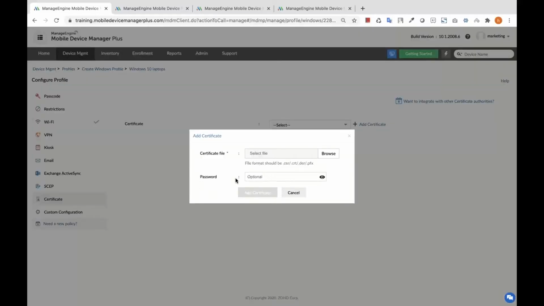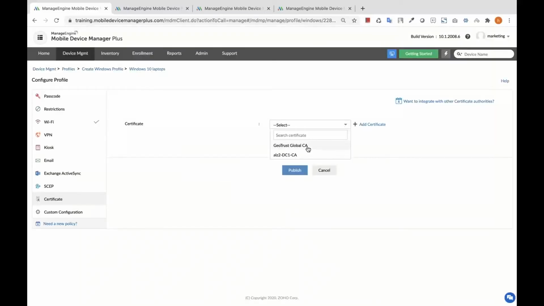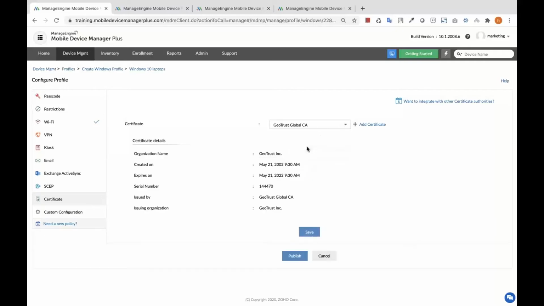You can also optionally secure it using a password. Since I already have a few certificates uploaded, I will select that. And as you can see here, you will be able to see the required certificate details as well. Once you click on Save, the certificate will get saved and can be distributed to your devices.